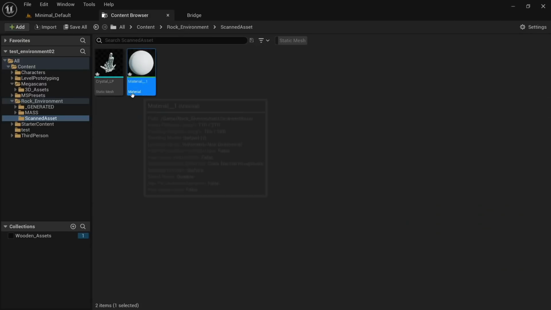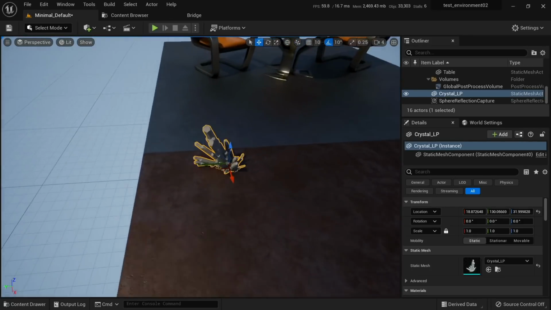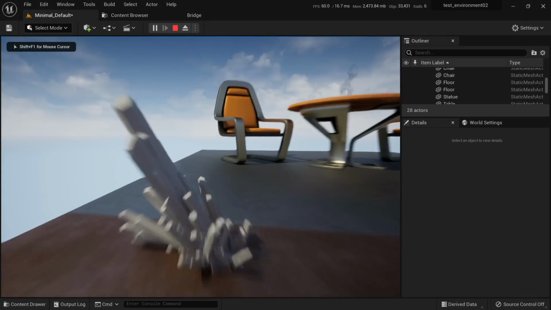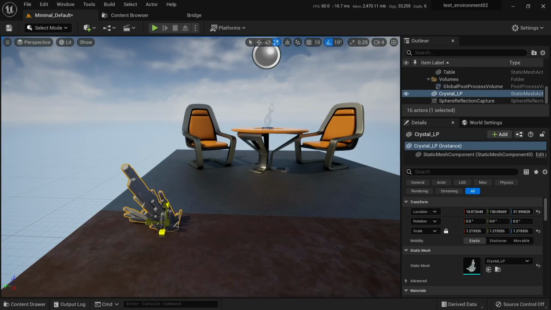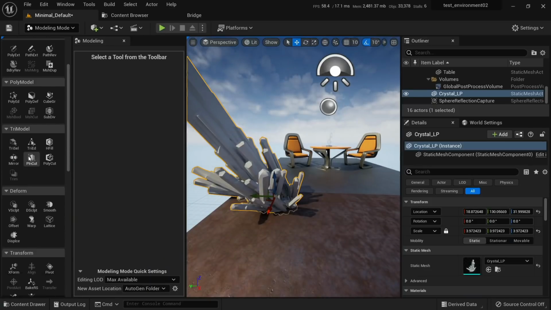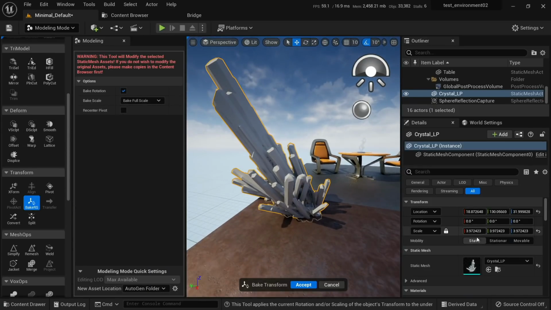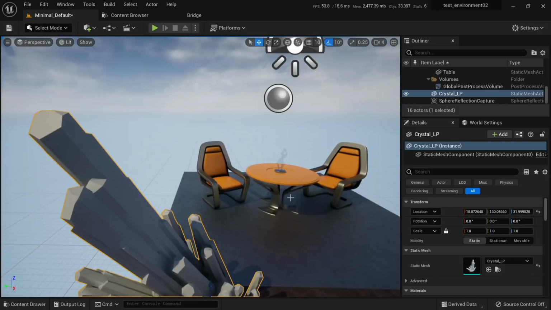Ignore this for now. The material came without the texture, so if we drag this here, you will notice that this crystal is very small. If we play from here, you will be able to see that our crystal is extremely small. And we can change this by just scaling this up. Go to our modeling tools, go back to transform, bake rotation and scale, and notice here that my scale is 3.9. If I click this and I accept, now my original scale will be 1, which is what we want,